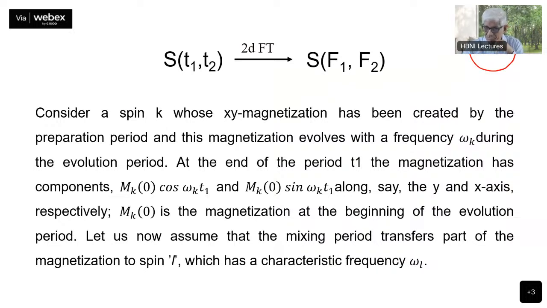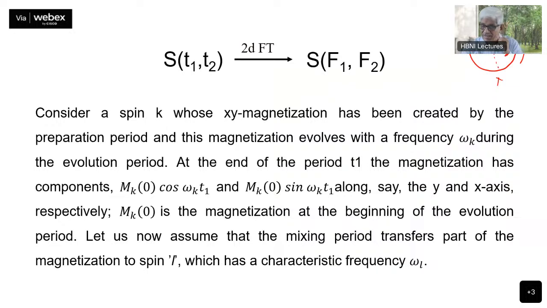This is the K spin. Magnetization has been, this is the XY plane. Okay, let us say this is the Y axis and this is the X axis. We have created a magnetization here. Okay, so consider the spin K whose magnetization has been created by the preparation period, and this magnetization evolves with